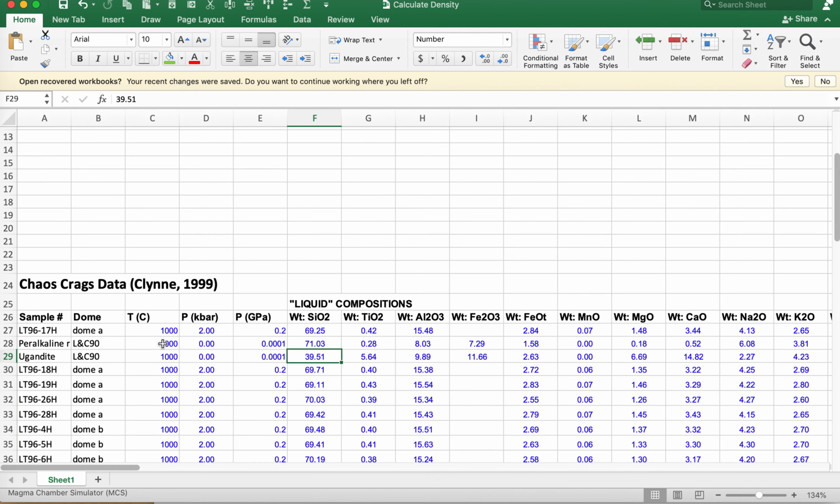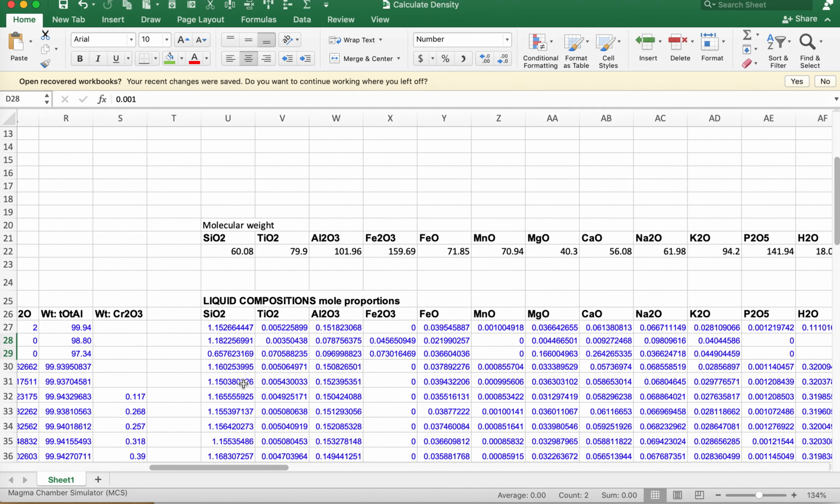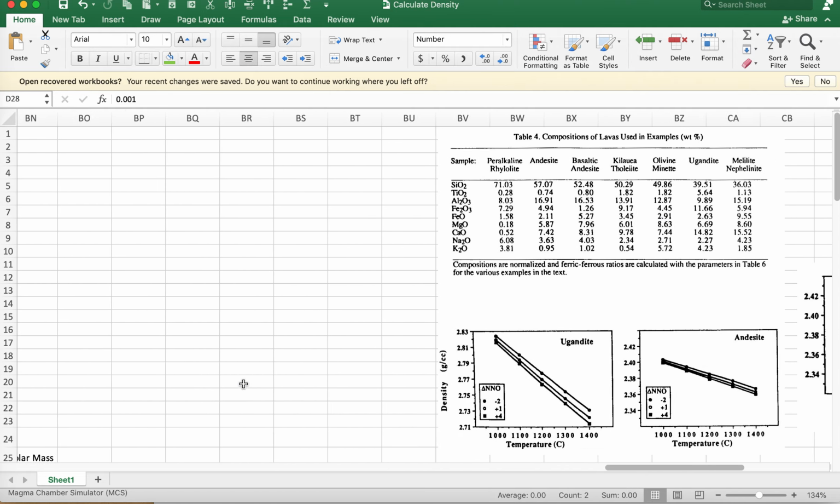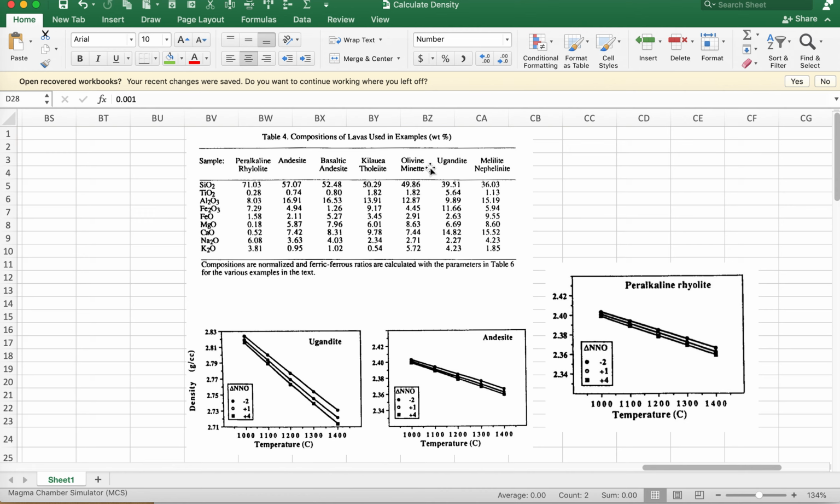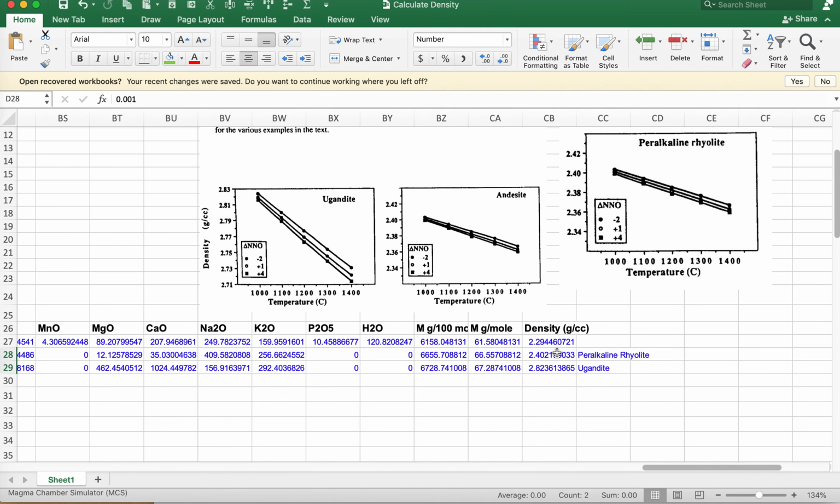Here's the ugandite composition, and I've entered values of 1,000 degrees centigrade, and then 1 bar, which is the same as 0.001 kilobars. So let's come back to their table 4. So we've entered these compositions, and if we've entered them correctly, then we should reproduce the densities that are plotted here. For the paralkaline rhyolite at 1,000 degrees, we get 2.40, and that's right about what they're plotting here. And then for the ugandite, we get 2.82, and that's right about what they're getting for their ugandite values,